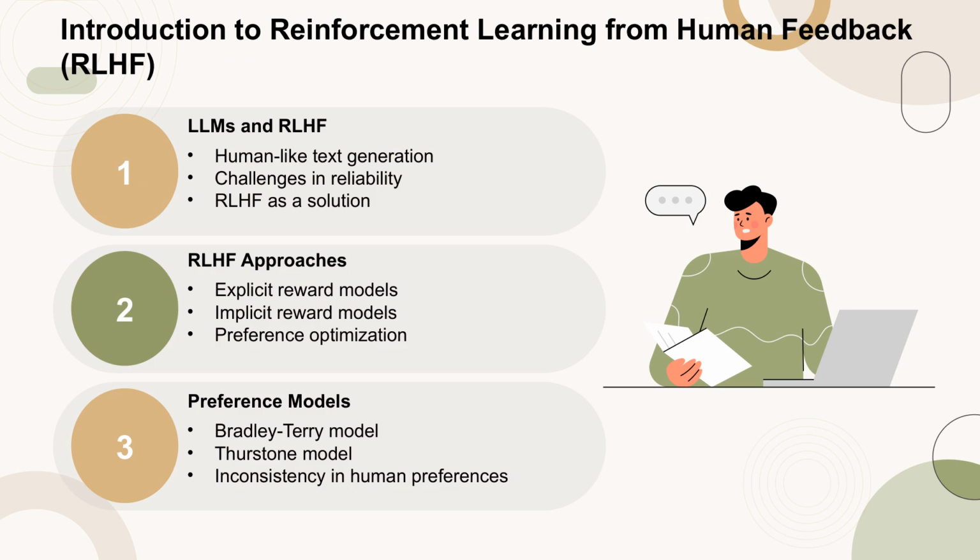Large language models, such as those developed by Ouyang et al. 2022 and OpenAI et al. 2023, have demonstrated impressive abilities in generating human-like text, answering questions, and coding. However, these models face significant challenges in tasks requiring high reliability, safety, and ethical alignment. To tackle these issues, reinforcement learning from human feedback, RLHF, also known as preference-based reinforcement learning, PBRL, offers a promising